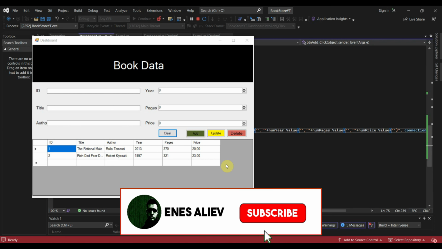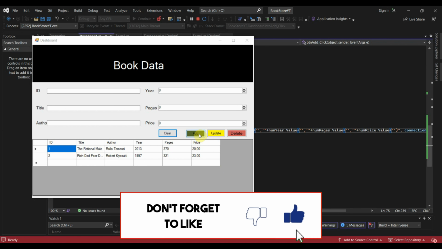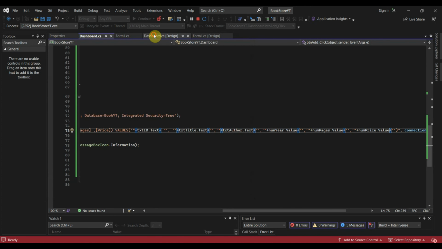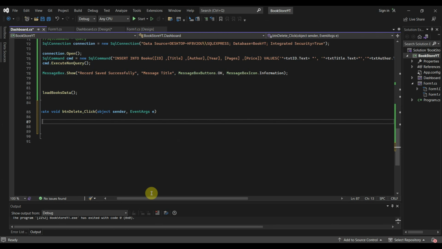In our previous videos we made a clear button functionality, then we learned how to add records in our database, and today we are going to learn how to delete a record from our database. For that functionality, go to the dashboard, just double click on delete,